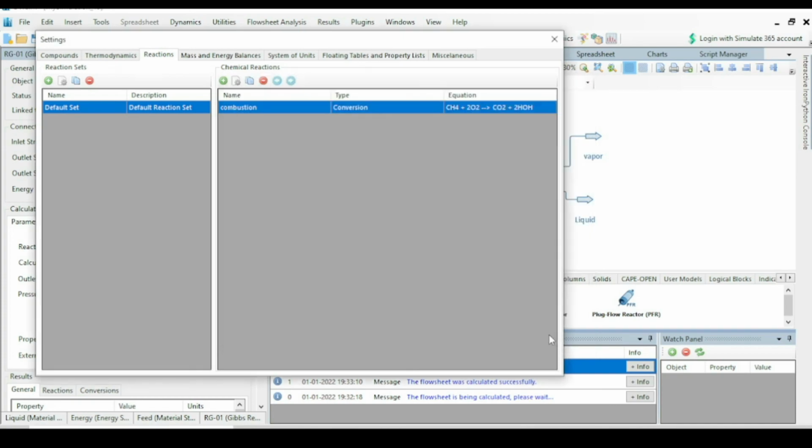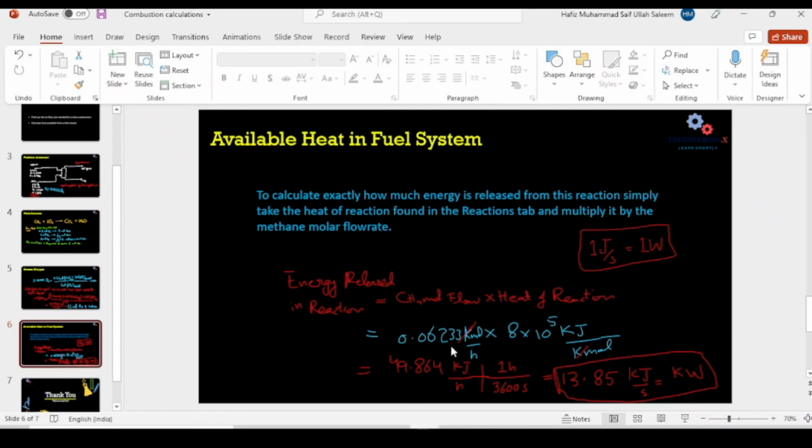Okay, and the methane molar flow rate is also given. We just have to perform this calculation, multiply the methane molar flow rate into the heat of reaction, and then kmol will cancel with kmol, and the units will be kilojoule per hour,